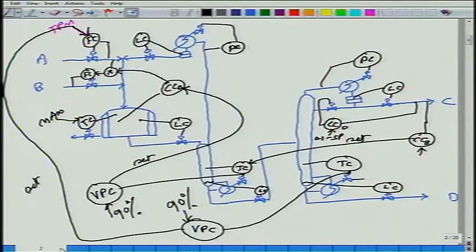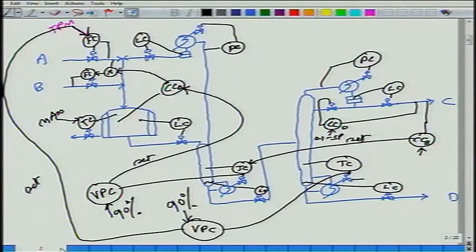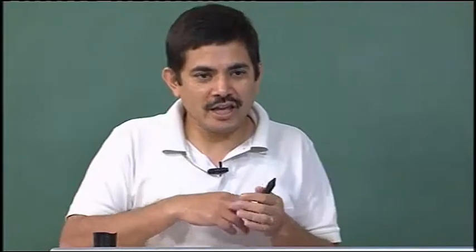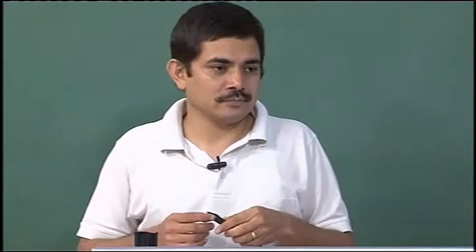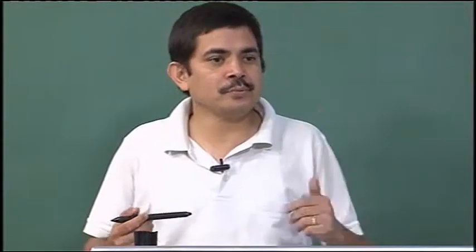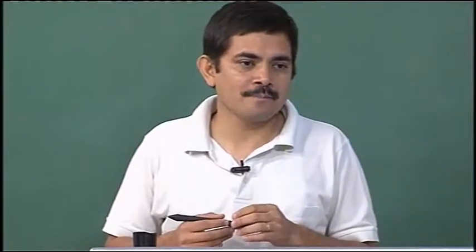In this scheme, I need a back off both in the boil up in the stripper as well as in the column. So, I have a yield loss as well as a production loss. Same process, same everything, same pump, same reactor, same column, etc. The control scheme that I have implemented dictates what is the best yield that I can get, what is the max production that I can extract out of it. And when you accumulate it over the whole year, it makes a heck of a lot of difference. 2%, 3%, 4% extra production will amount to hundreds of crores of rupees for a refinery, for example.